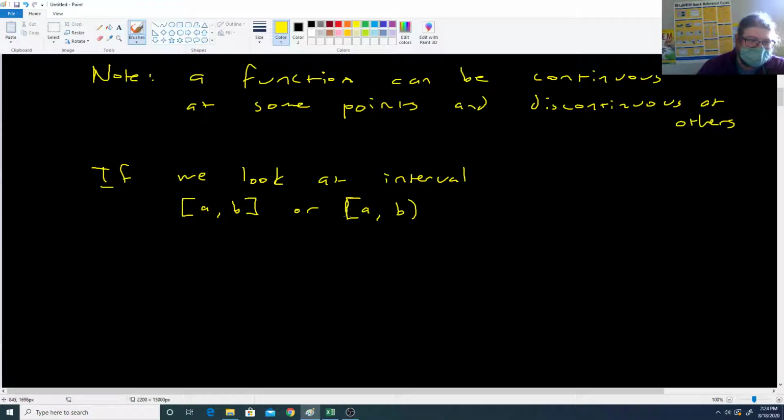We said we had to have this open interval. What about where one of the endpoints of the interval we're looking at, the function stops there? How do we define continuity there? So if we have these where a is an included left endpoint,